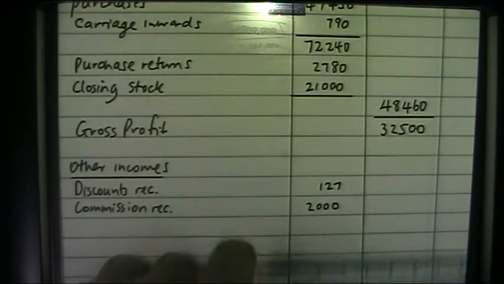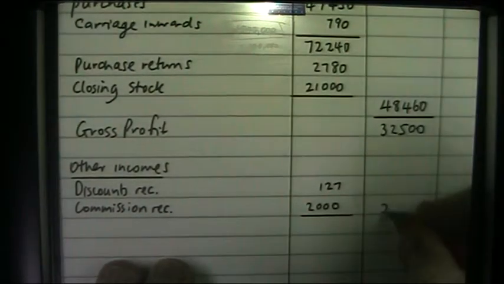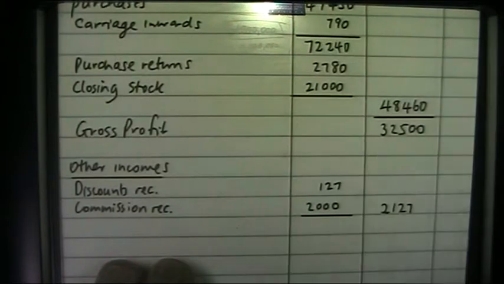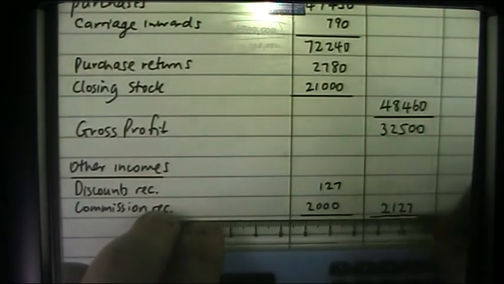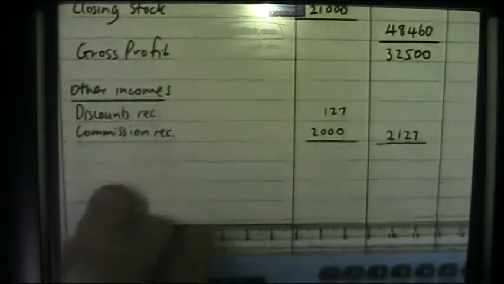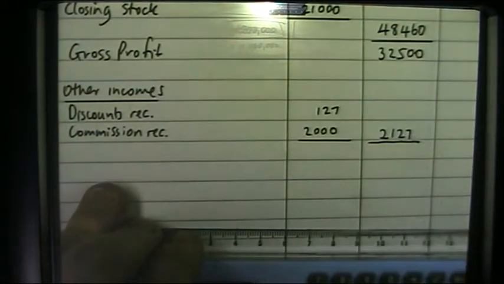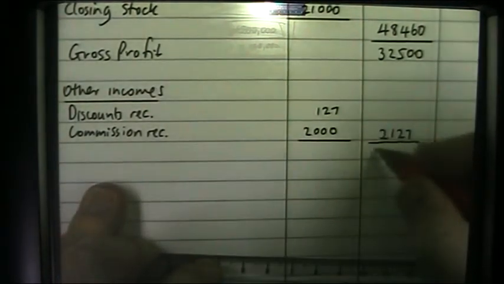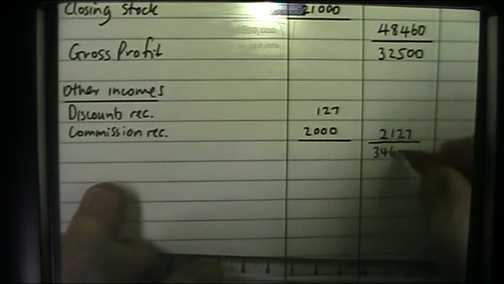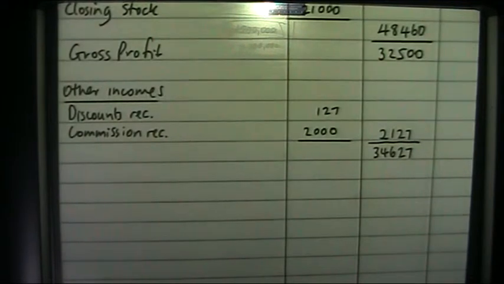Right, so my discounts received are 127, and my commission received is 2,000 because we had the accrual, remember? So what does my other income add up to? My other income adds up to 2,127. And because income's a good thing, it's going to make my gross profit go up. So I'm going to add my gross profit to my other income, and I'm going to get 34,627. I'm not going to call that anything, I just need to let that sit there